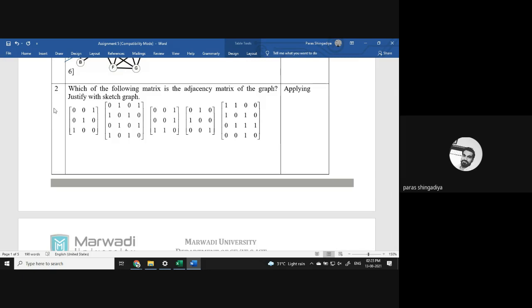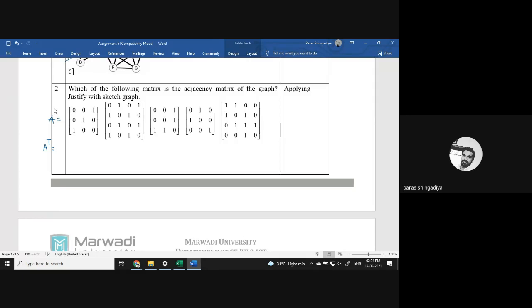As we know, an adjacency matrix is always a symmetric matrix. What is the condition of a symmetric matrix? A is equal to A transpose. Okay. That is the meaning of a symmetric matrix. So here A is given. That is our A. 5 matrices are given there. First let us take A. And to verify whether it is adjacency or not, we'll find its A transpose. And if A is the same as A transpose, then it is an adjacency matrix.